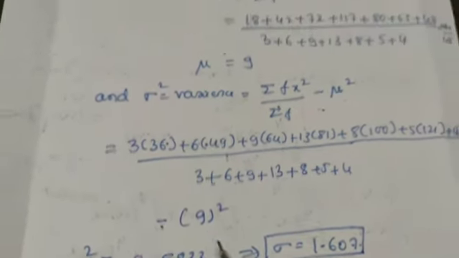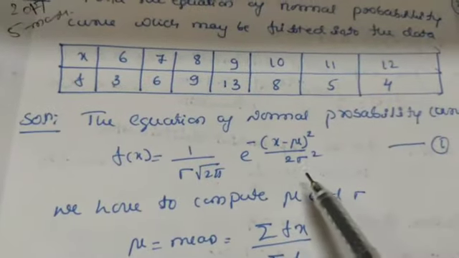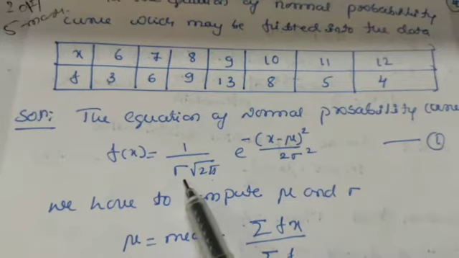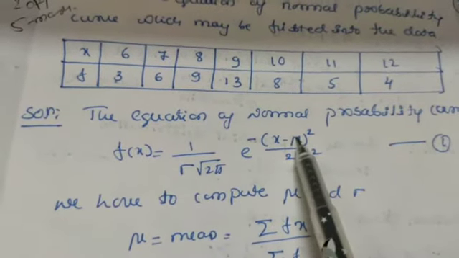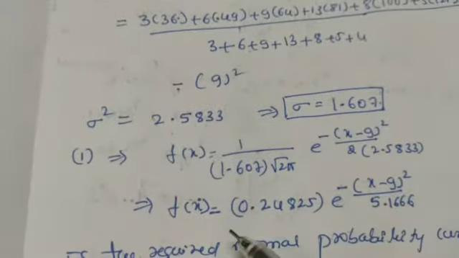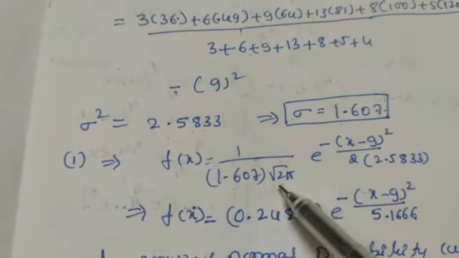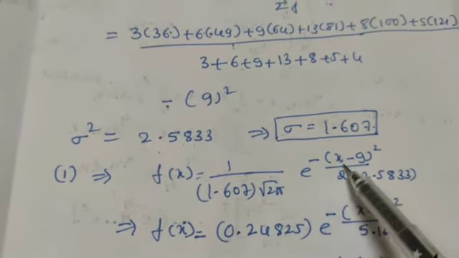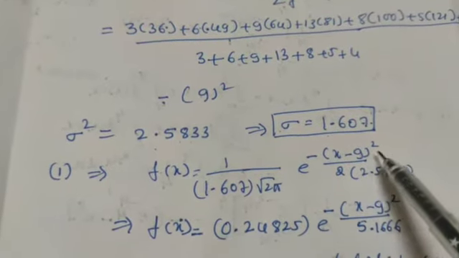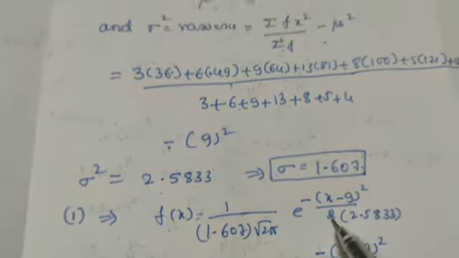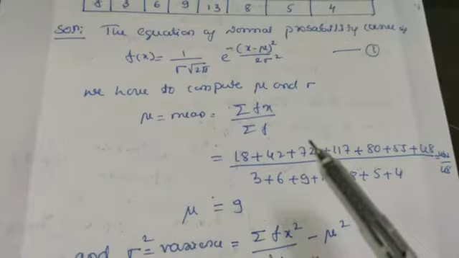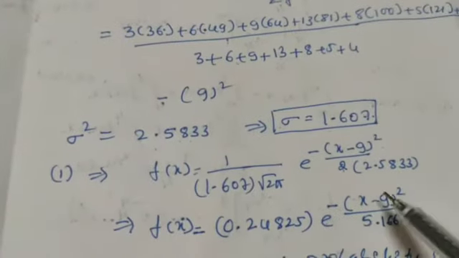So equation 1 implies, our equation 1 is this, f of x equals to sigma. We know now we got sigma and mu, substitute here. So you will get this is equal to 1 by sigma under root of 2 pi into e raised to x minus mu, the mu value we have to substitute, whole square divided by 2 into sigma square. So sigma square value is here